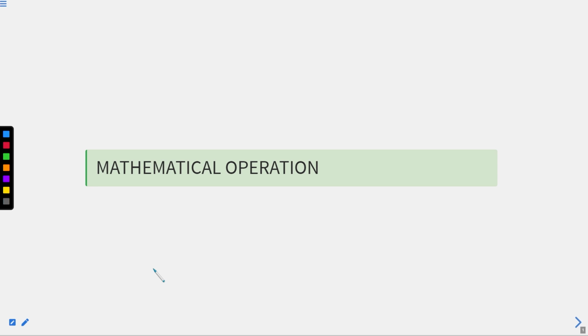You all have heard of plus, subtraction, division, multiplication, brackets, and so on. All these things are different mathematical operations. Today we are going to deal with questions related to all these different mathematical operations, and we are doing a total of 15 questions, which are based on 15 different concepts.